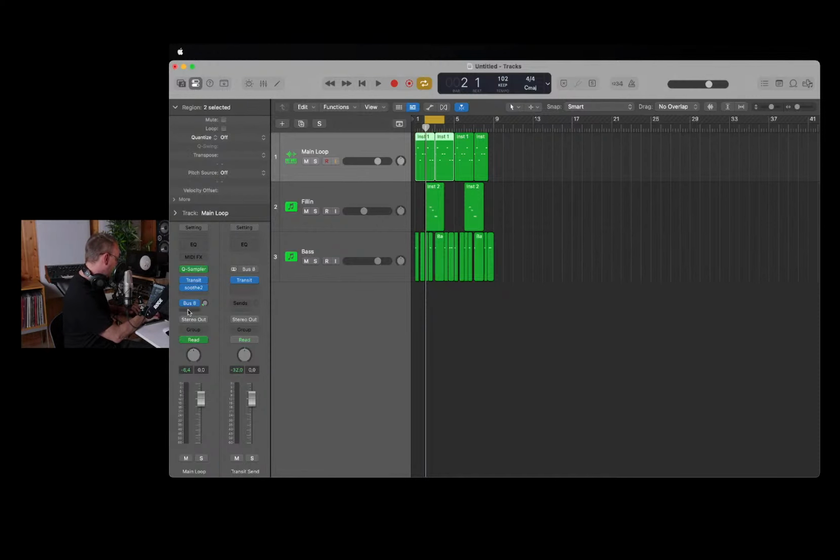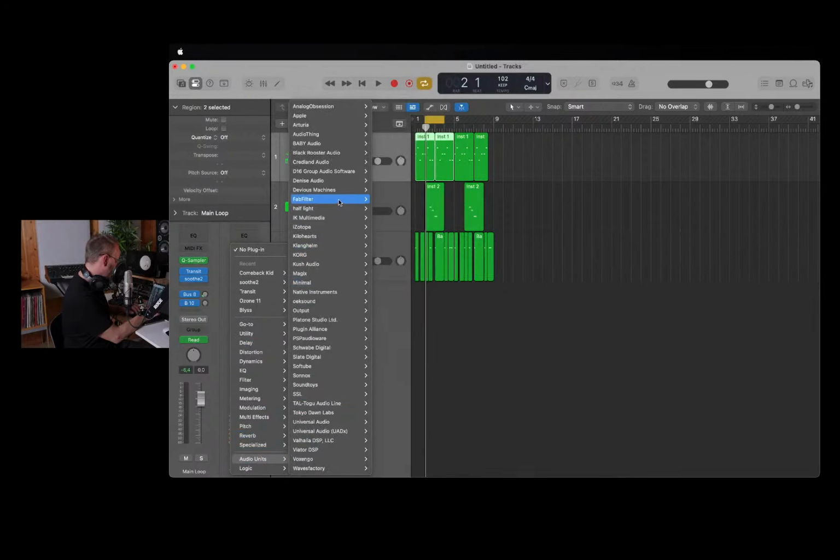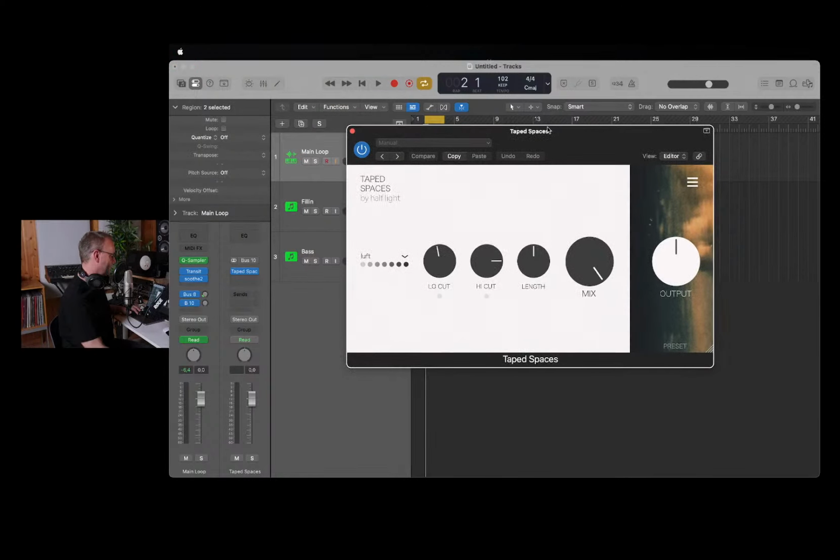Okay, now I'll make another bus, and I'll call this one the Taped Spaces. And you guessed it, the Half Light. Let's see, the Half Light Taped Spaces. Here we go. Look at this. Isn't this beautiful? Large knobs. I can't resist a large knob. And I always use the Lift setting, almost always, but you have other settings that are way more vibey, and